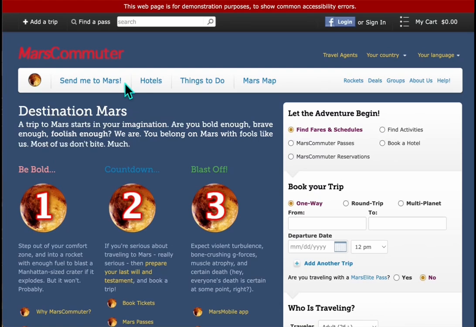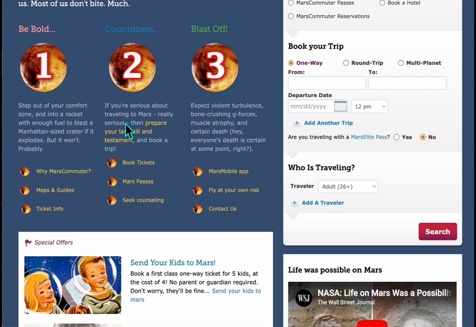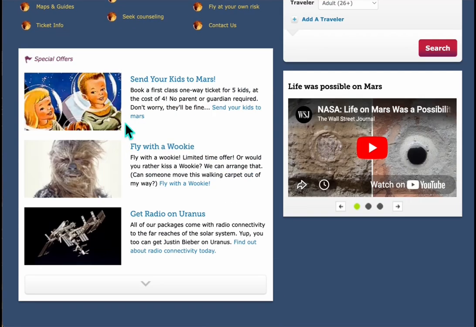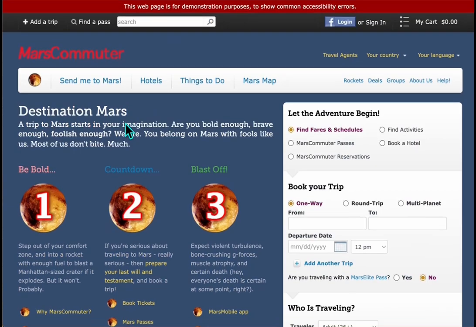Okay, what I have here is the Mars commuter page, which is a little demo page that has a lot of accessibility issues created within it. And you can go test this page to understand these. Now this is a part of